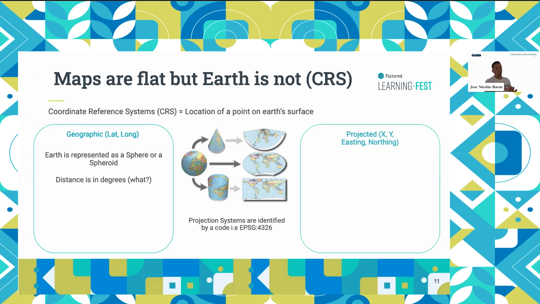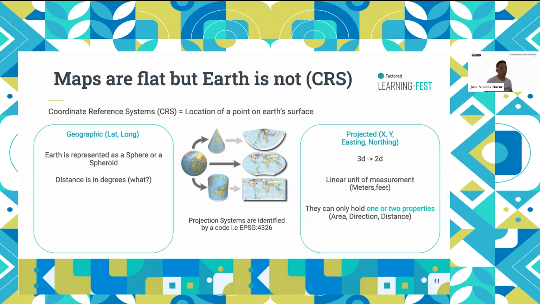And now we have the projected one, once we make everything flat, and you will find that the coordinates are not latitudes and longitudes, rather you have X and Y, or easting and northing. So in this case, you have gone from 3D to 2D, and your units of measurement have gone to meters or feet or other linear units. This will depend on the transformation that you're applying and the region of the world. You will also have other transformations, because when you do this, you start losing precision in your analysis.